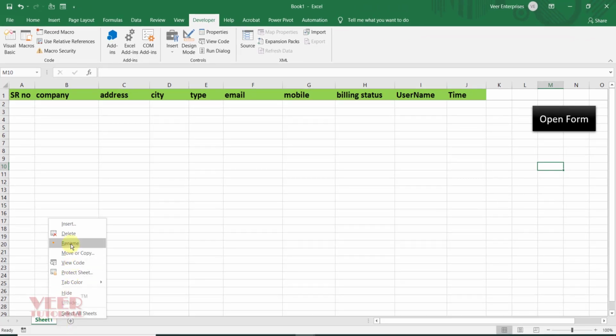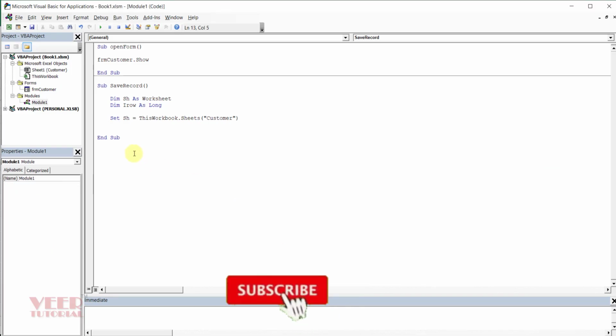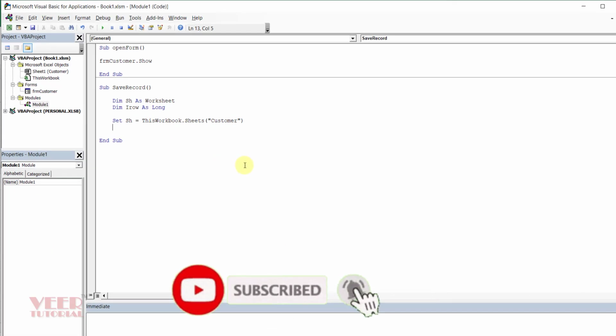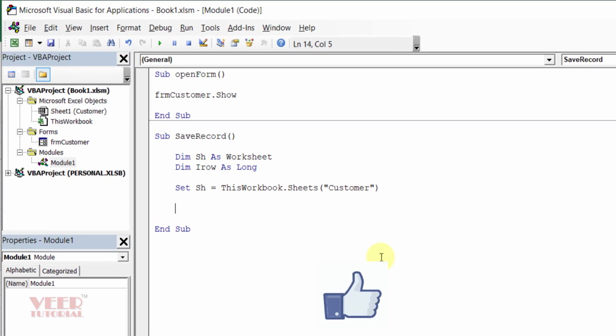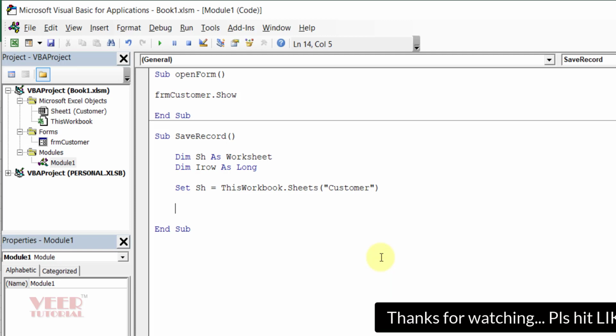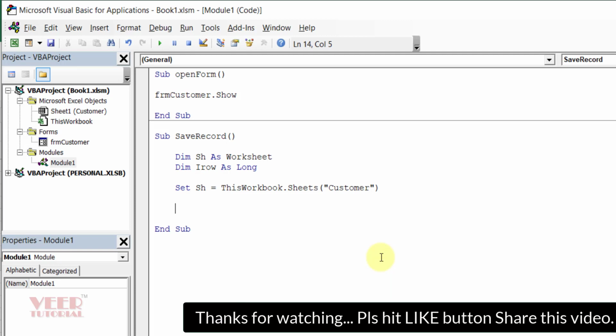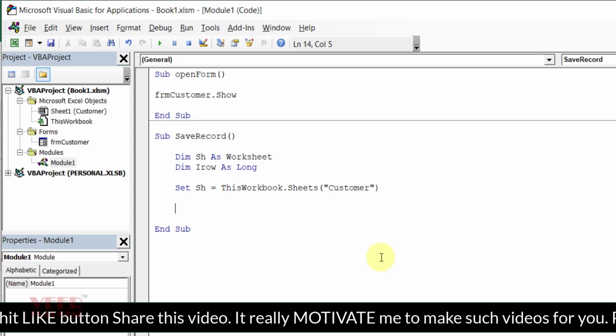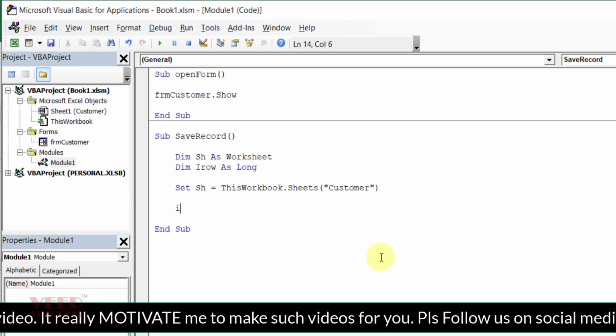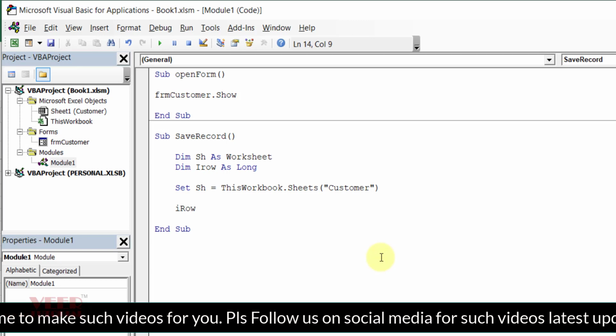We will rename it to customer data, and now come to this tab, and then we need to define or calculate the row number in which the data is saved. First our code should check the row automatically.